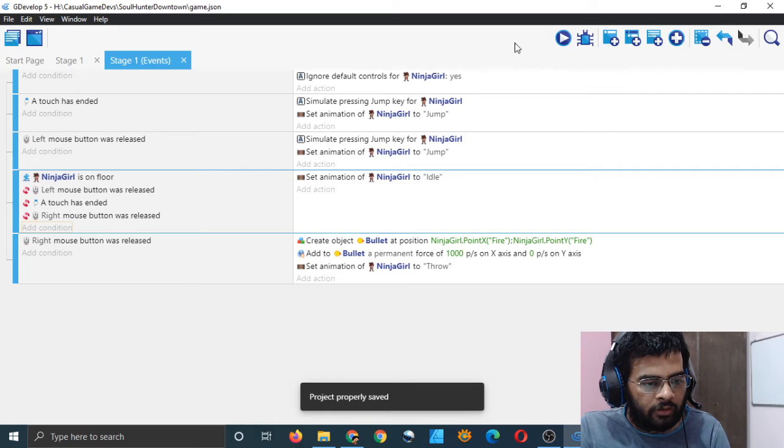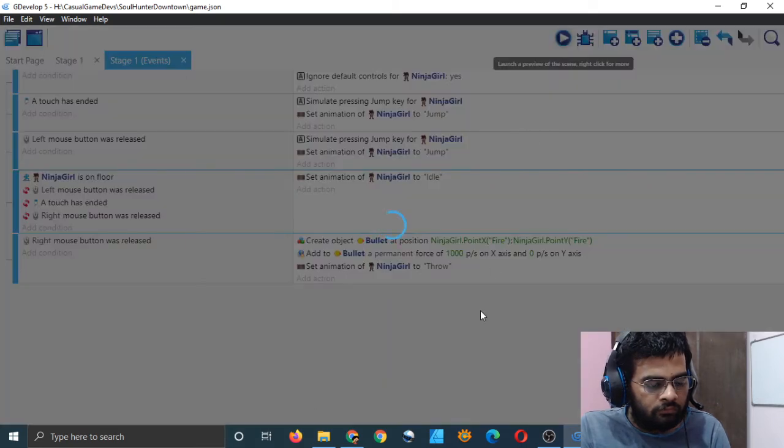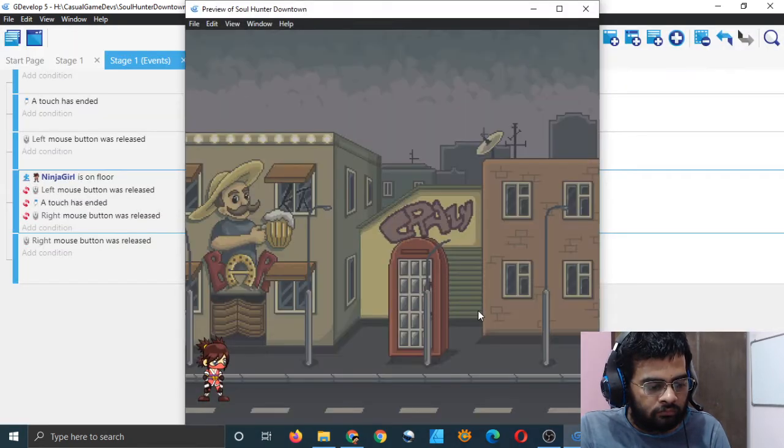I will now check it. It still doesn't quite show me the animation. When I am jumping, I am able to play the animation, but not when I am on the ground.